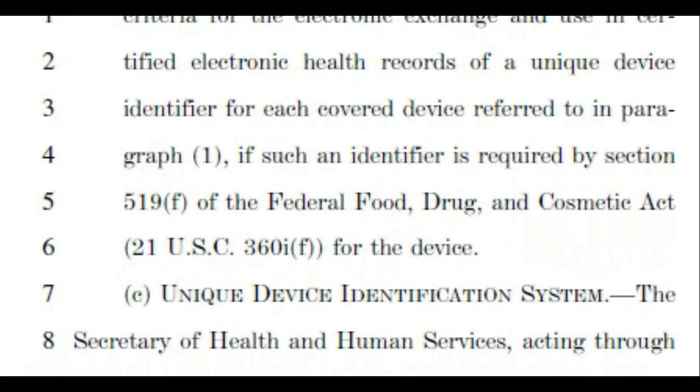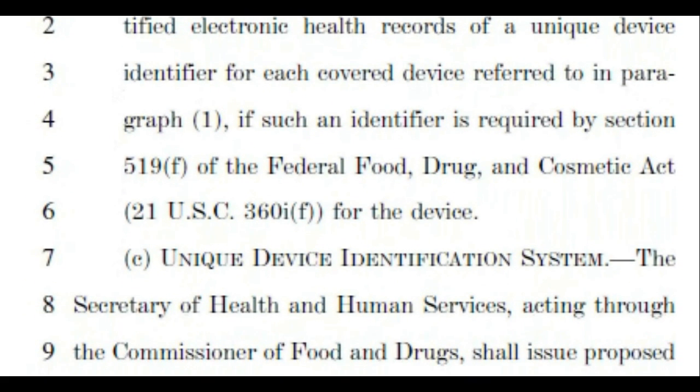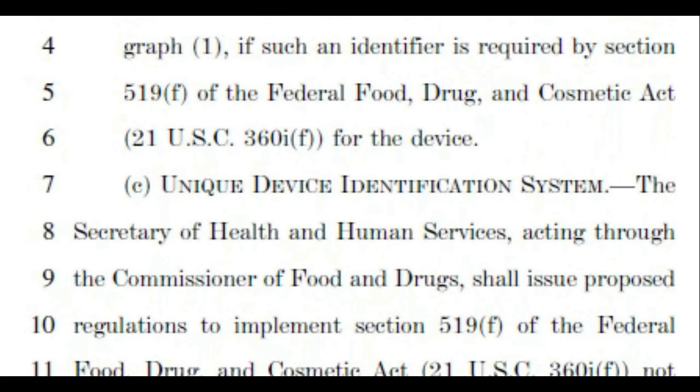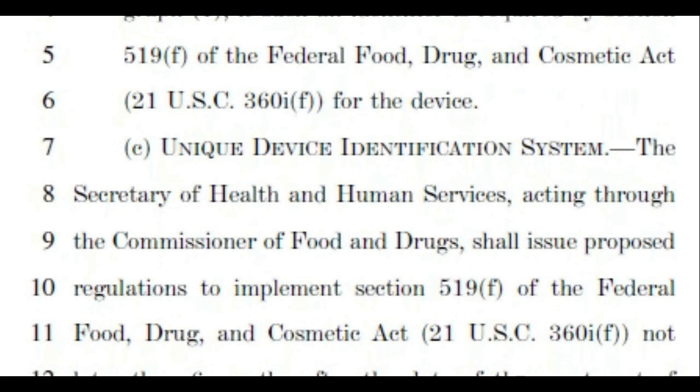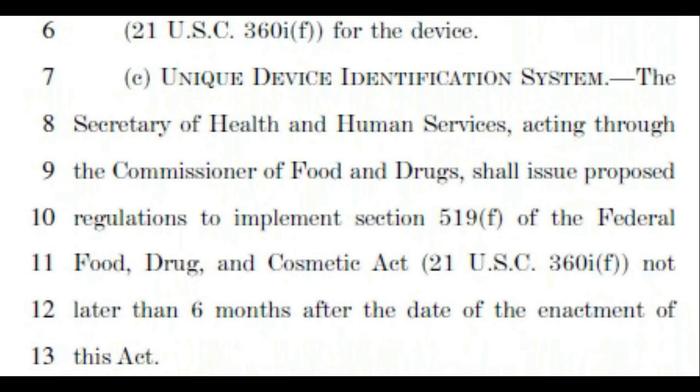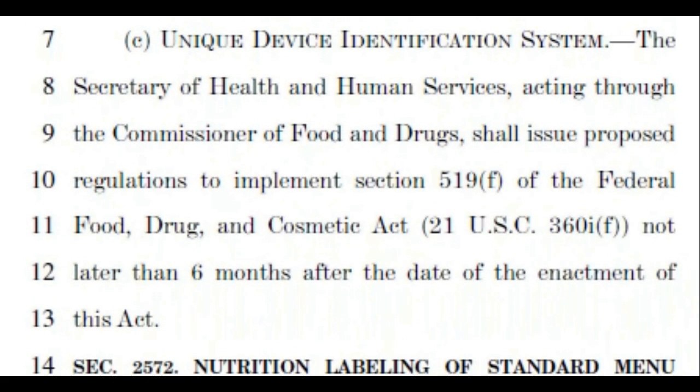The HIT Policy Committee established under Section 3002 of the Public Health Service Act (42 U.S.C. 300jj-12) shall recommend to the head of the Office of the National Coordinator for Health Information Technology